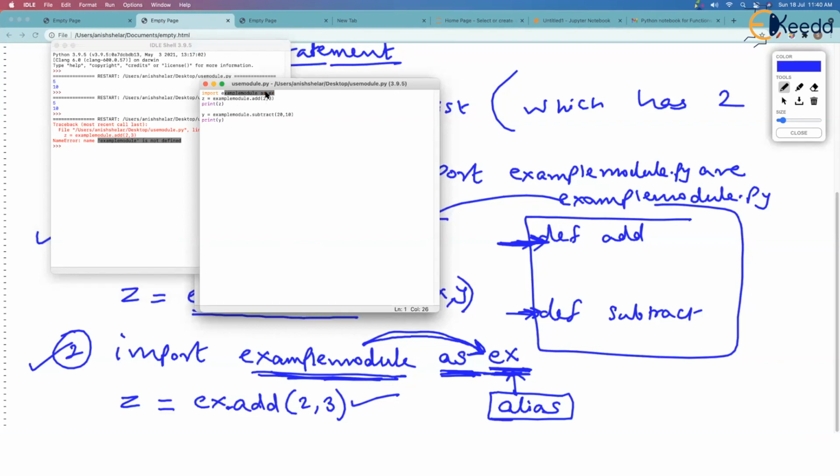You said that example module will be called as ex in this program. Then you should call it as ex, not as example module. Just take care about this. Once decided that you are going to call this module with some alias, then continue to use that alias.